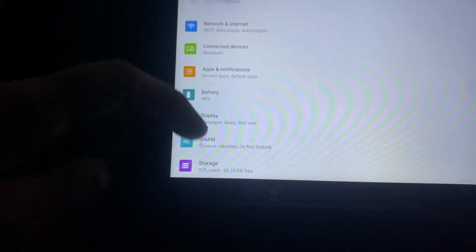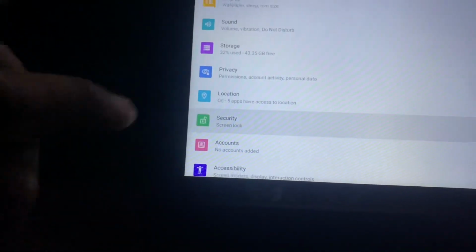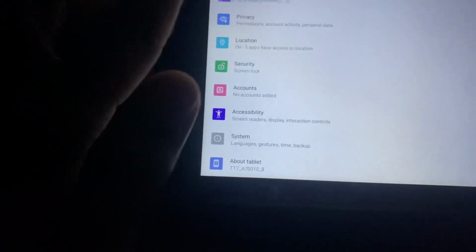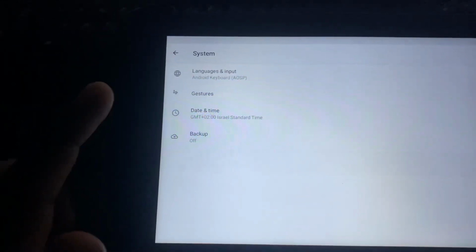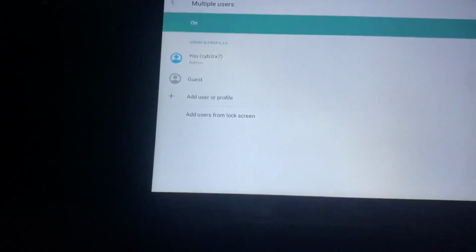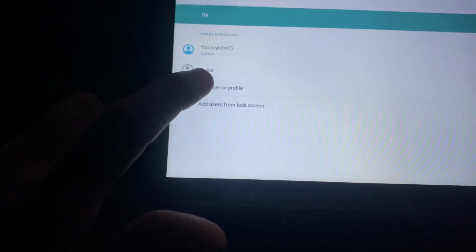What we going to do here in the security screen lock and screen lock, we select switch, then we're going back. After that you need to go to system, then advanced, then multiple user, you need to enable it, and then you need to active added user from the lock screen. You go into add user, you select user,